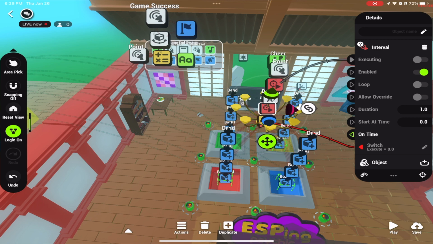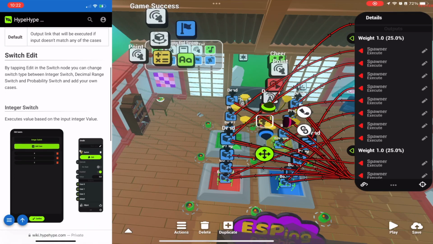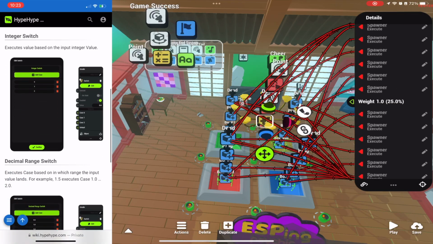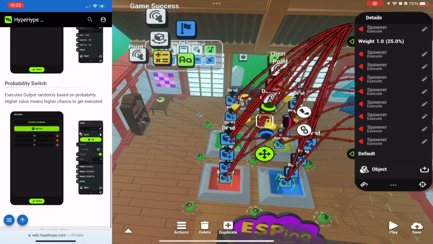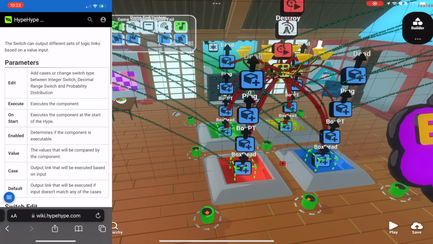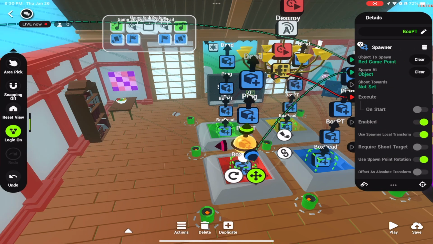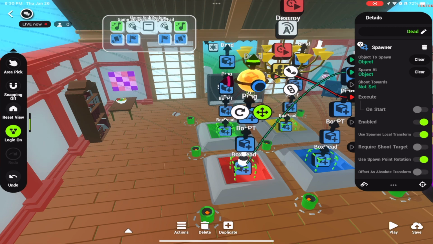Next, we have another interval, giving it about 1 second. And then we got the switch. Now this is where the magic happens. All these have a 25% chance probability of spawning. There's 1, 2, 3, 4, because we have 4 different cubes. So this spawns a dead box, this spawns a winning box, this spawns a ping, and this spawns a random